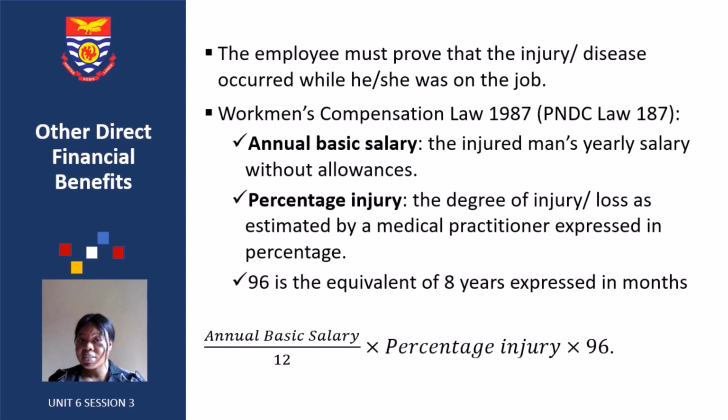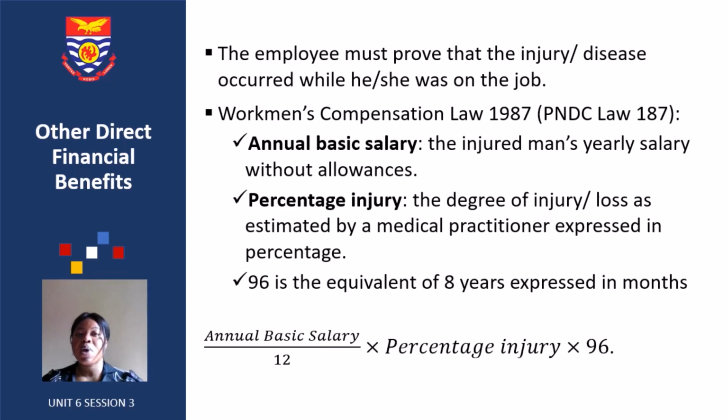These are some of the conditions for the workmen's compensation. The employee must prove that the injury or disease occurred while he or she was on the job. So if you're an employee and you had an accident, you have to prove that it happened whilst you were on the job. Even if it's your relative, it happened whilst the relative was with you on the job. We have the Workmen's Compensation Law